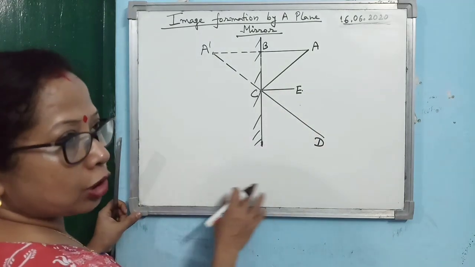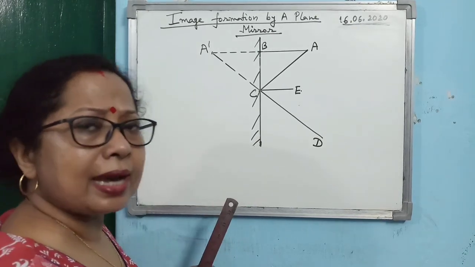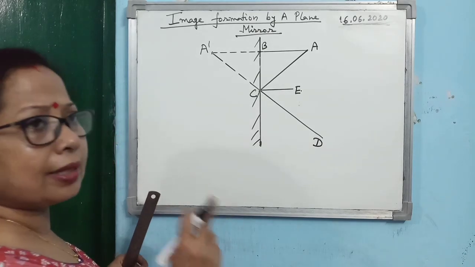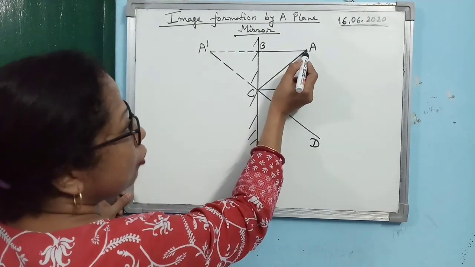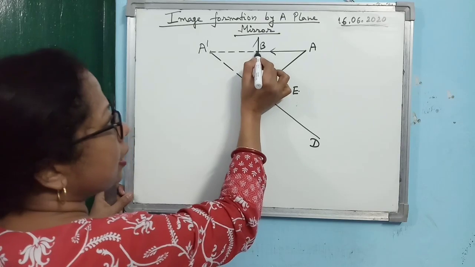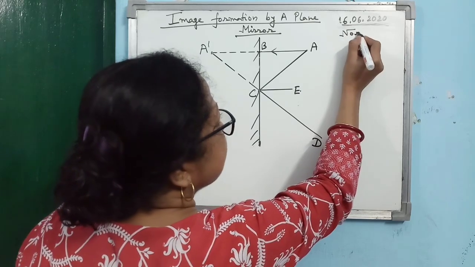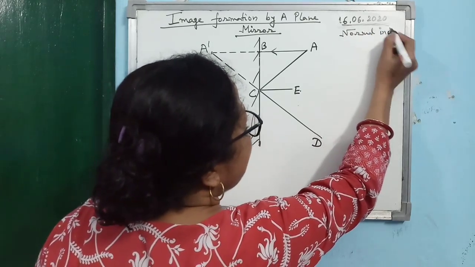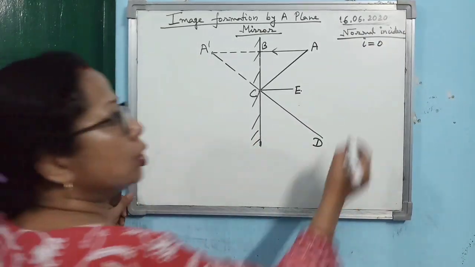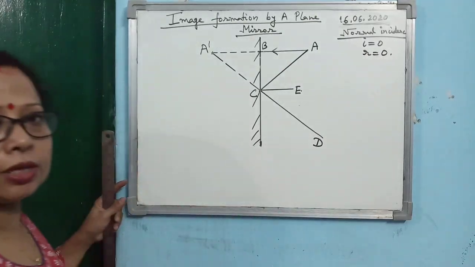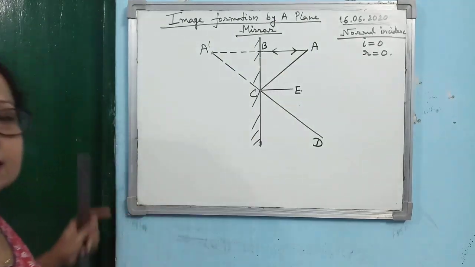Now the diagram is not complete because it is known as a ray diagram, because light we represent by a ray. So until and unless you give the direction of the ray, it is an incomplete diagram. So how to give the direction of the ray? Just see, from the point A, light is falling along AB on the mirror. So for AB, you see, it is normal incidence. Normal incidence means the light is falling perpendicularly. So what is the angle of incidence? 0. So what is the angle of reflection? Also 0. So you see what will happen? The light will reflect back along the same path.